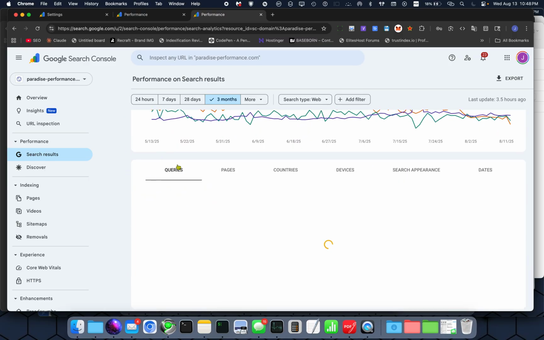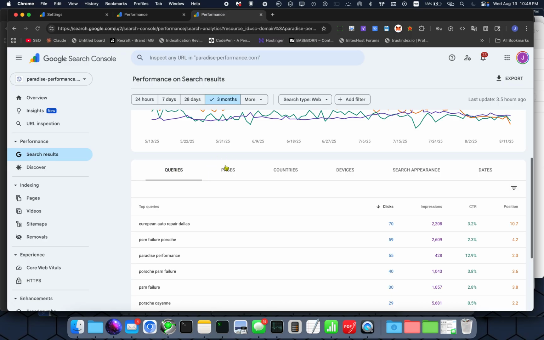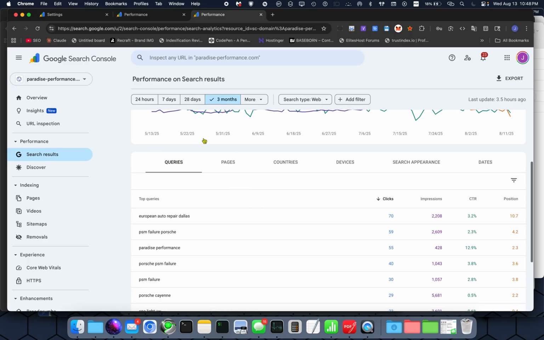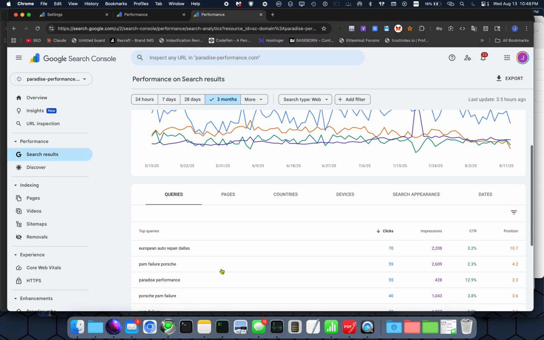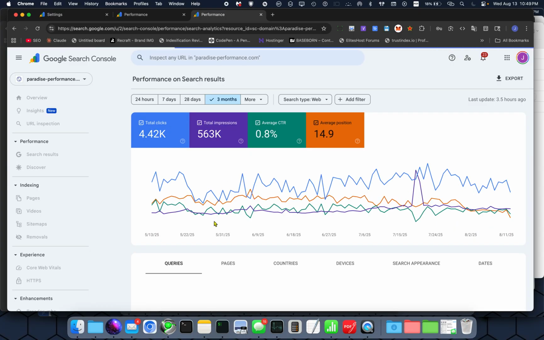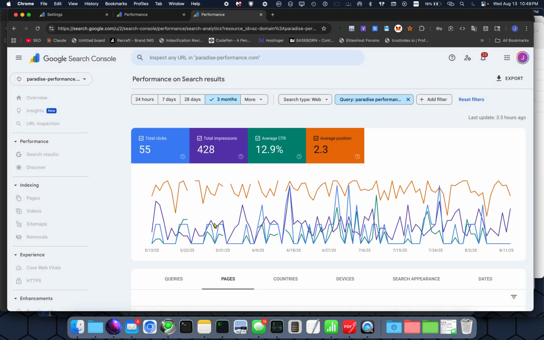You have your queries, which is your keywords, and then you have your actual pages themselves, which show you the respective pages, where they're ranking, and more so really how many clicks they have, how many impressions. An impression is going to be